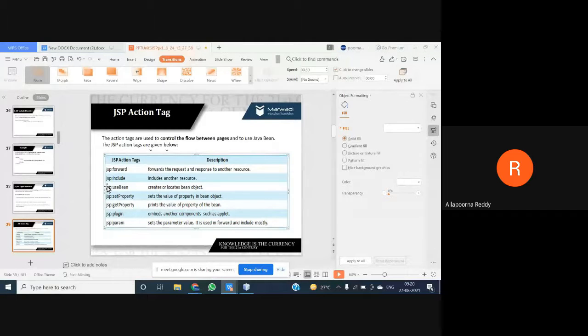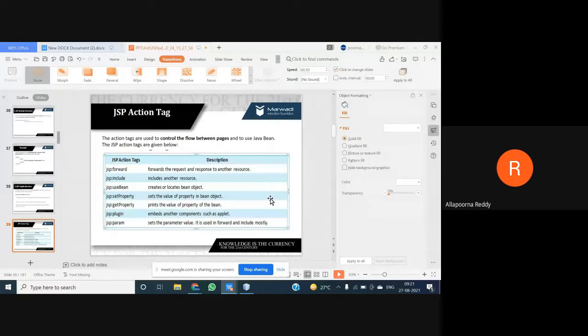To use that object, create that object, or know where my object is, I'm going to use my third action tag, JSP use bean. It creates or locates: if the bean is not there, it creates it, and if it is there, it locates it. It creates or locates the bean object, and for that purpose we are using this tag. Then you want to set some properties or values for your bean object.